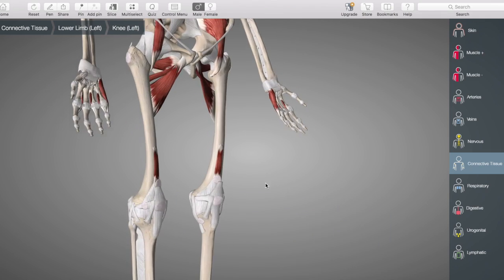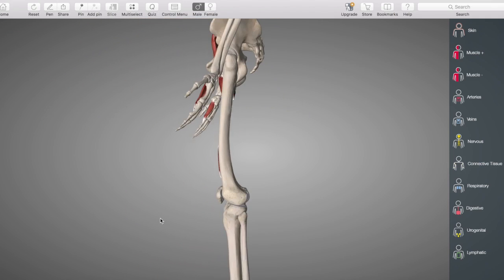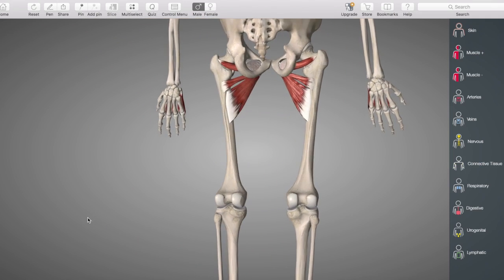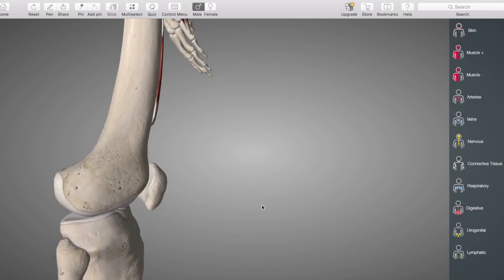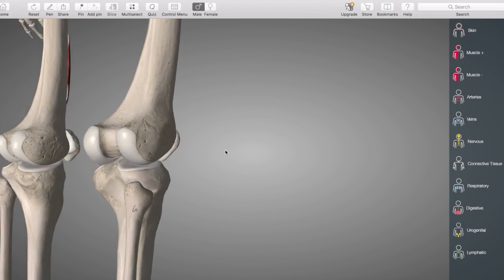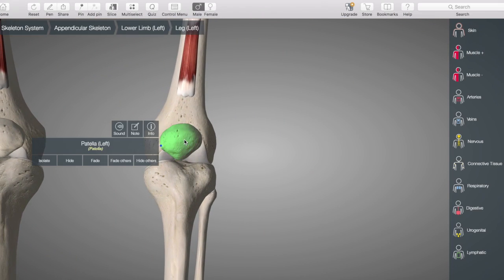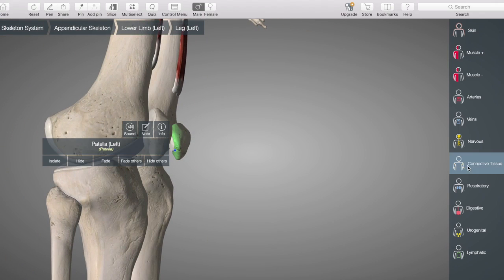What we're going to move down to now is the knee itself. So let's take a look at the knee joint very briefly. You can see it. Here's the back side. Really, really interesting joint. It actually has a sesamoid bone in it. A sesamoid bone means it's just a free-floating bone. And if I add the connective tissue back,